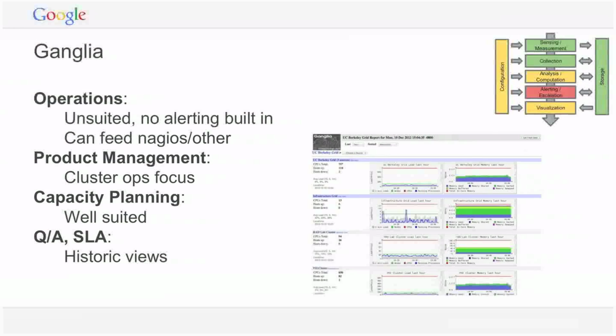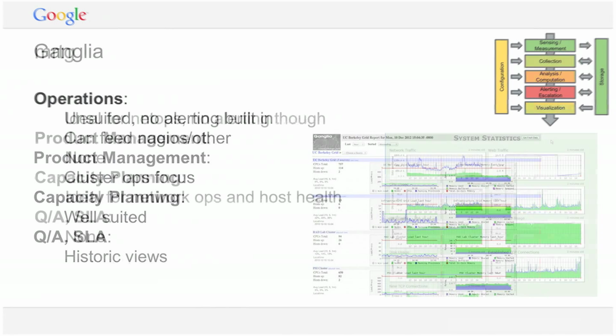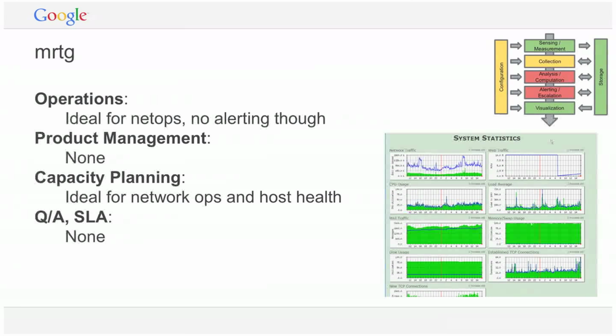Ganglia takes one of the weaknesses in MRTG, which is the collection layer. MRTG collects via SNMP only, right? And it works as a single daemon that must reach out directly to all of the things it wants to read data from and produces graphs. Very quickly, if you're working in a large-scale system, you're going to rapidly realize